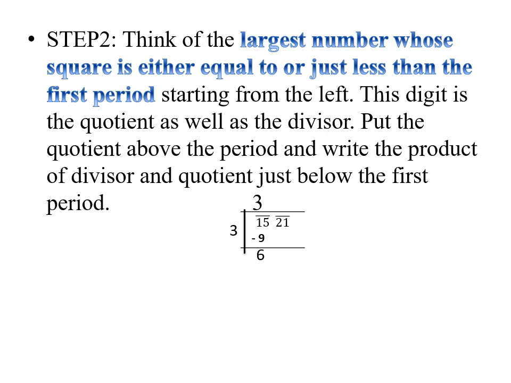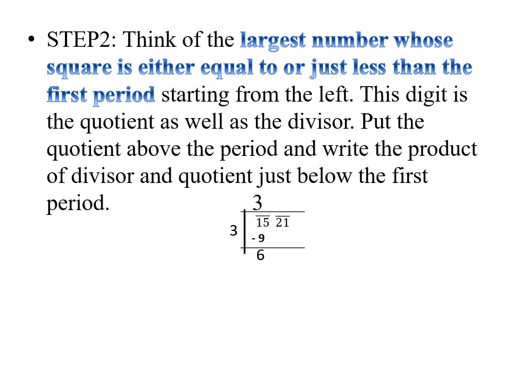So here, if you see, we have taken the first period as 15. Now think about the perfect square which is less than 15. 1 square means 1, 2 square means 4, 3 square means 9, and 4 square is 16. So here we will not take 16 because we can't subtract it from 15. So the nearest lower perfect square is of 3.